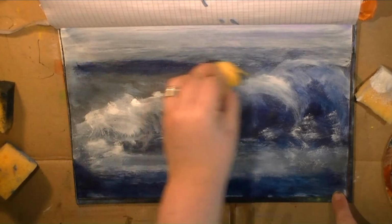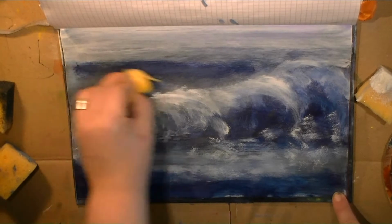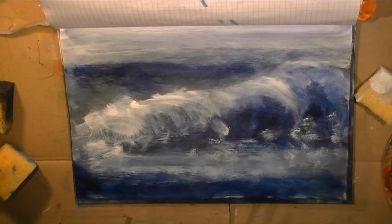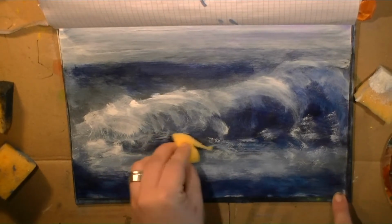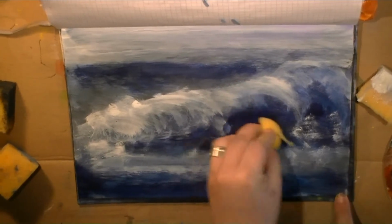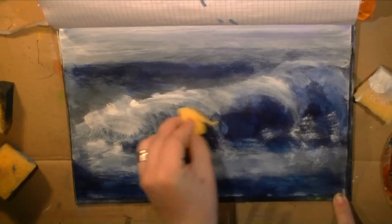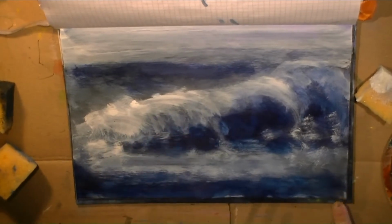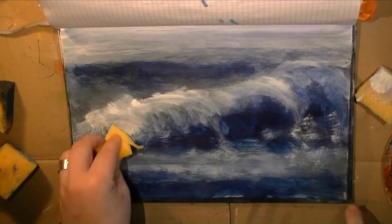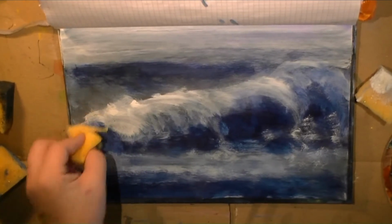So I'm setting a bit more indigo to the page. On the lower part of the page, it could be the point where the wave hits the shore, so the white above is like this foam that happens when the waves break. Or it could just be a frame of a painting, whatever. But the upper indigo is just below the horizon, and it definitely shows